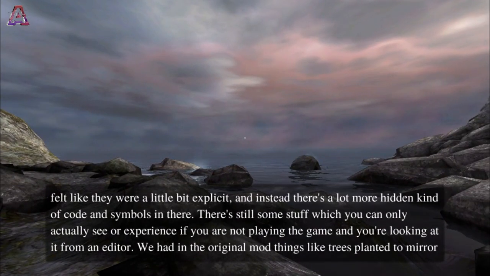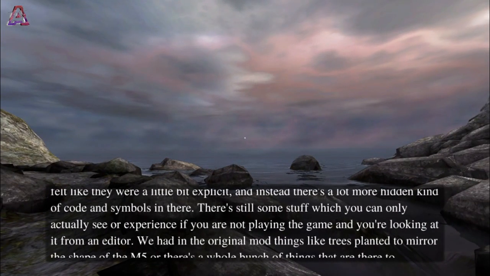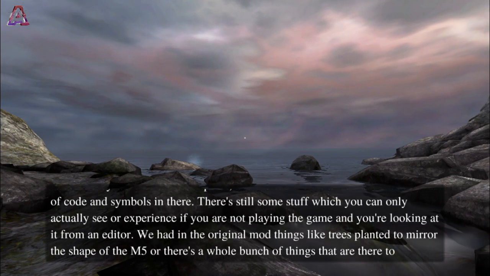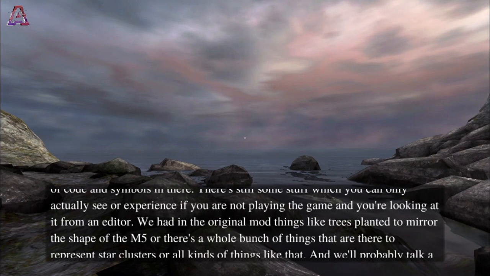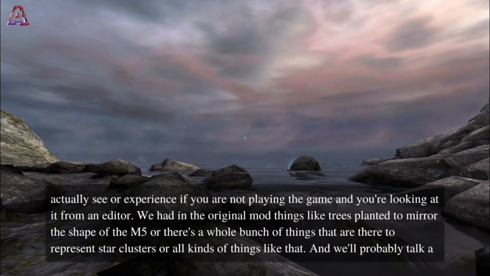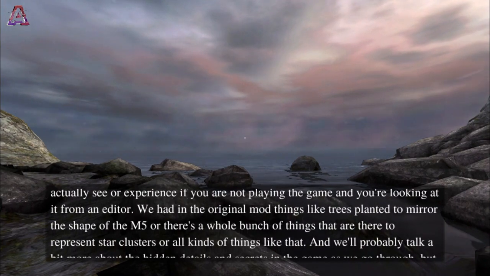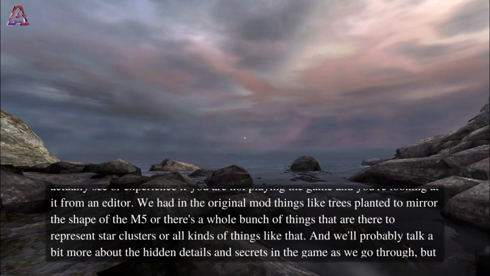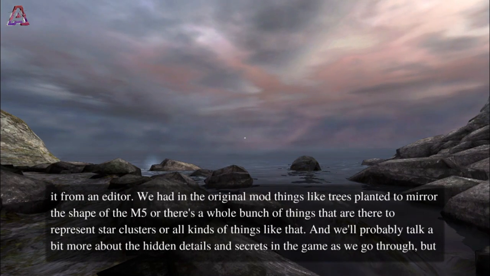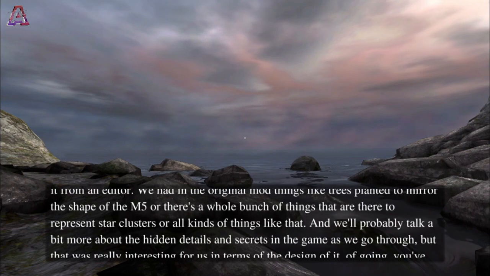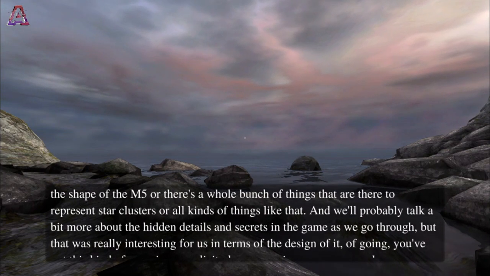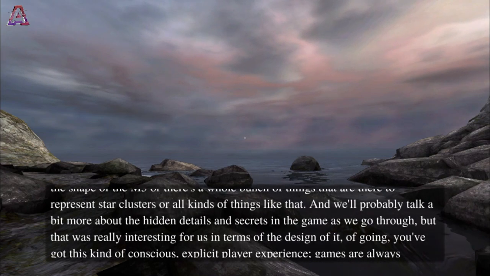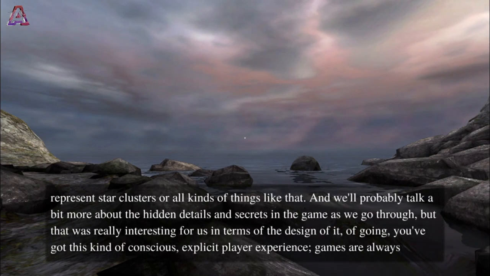There's still some stuff which you can only actually see or experience if you are not playing the game, if you're looking at it from the editor. We had in the original mod things like trees planted to mirror the shape of the M5, or a whole bunch of things that are there to represent star clusters and all kinds of things like that. And we'll probably talk a bit more about hidden details and the secrets in the game as we go through. But that was really interesting for us in terms of the design of it, of going, you've